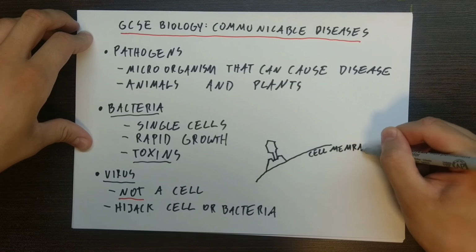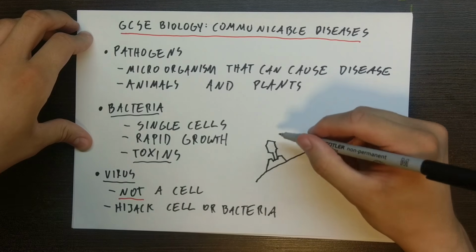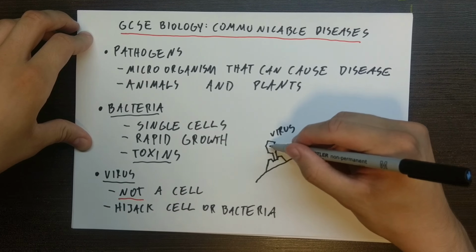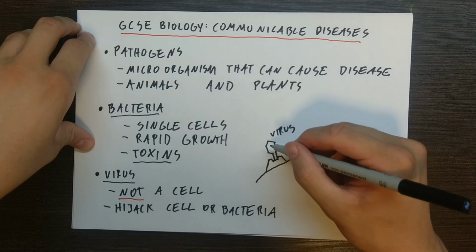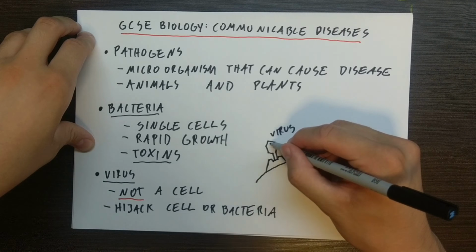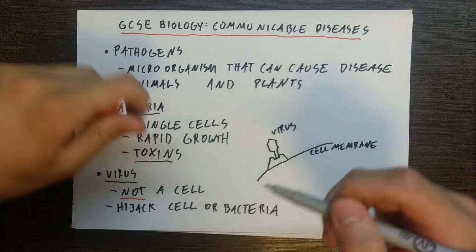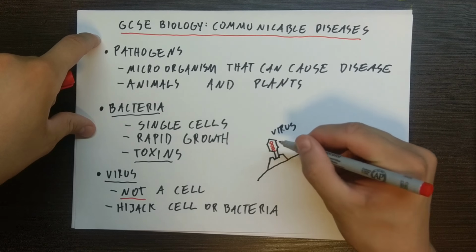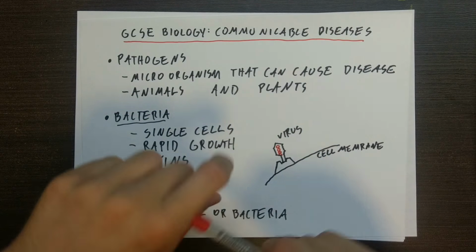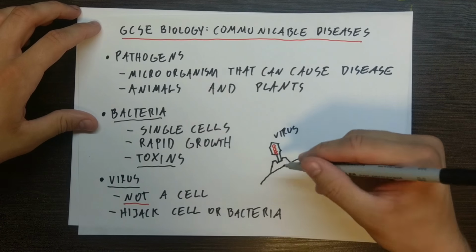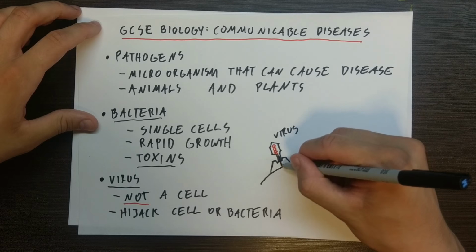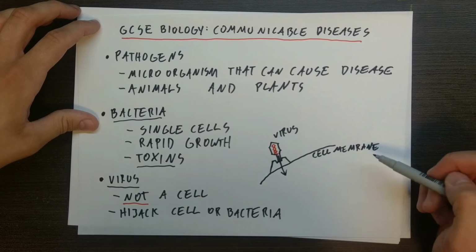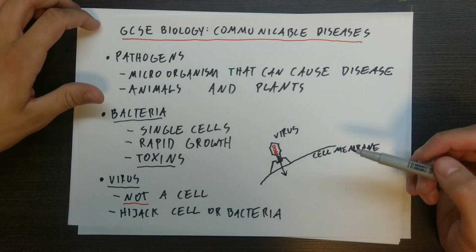And here we have our virus. And what that virus does is it has a strand of DNA inside it, or RNA in most cases actually. And they inject this genetic information inside a cell or inside a bacterium,